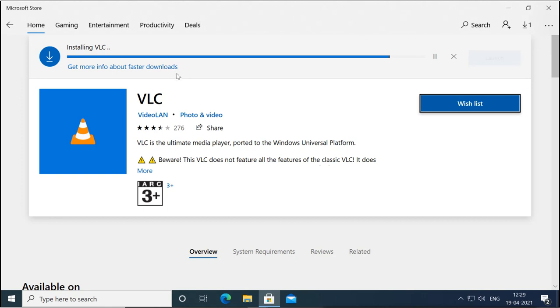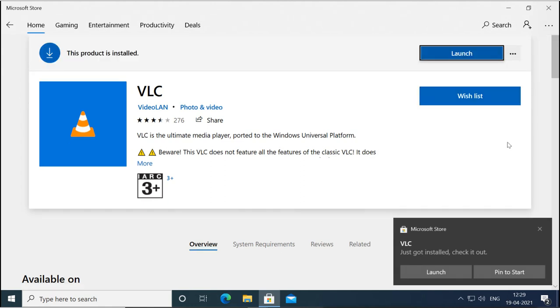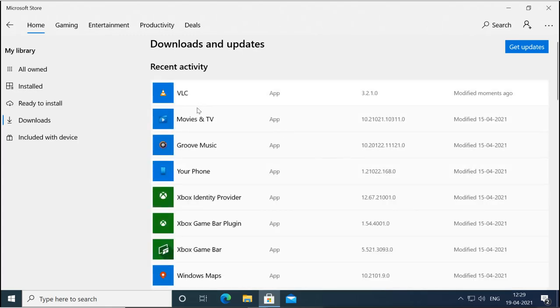And now it is going to be installed. And when you go to here, it is installed and available. You can go to downloads and updates to check the updates of different applications. You can see these are the different applications we have, and these are showing when they were last modified, like this date it was modified. And if you have some update available, then it will show here that some applications need to be updated.